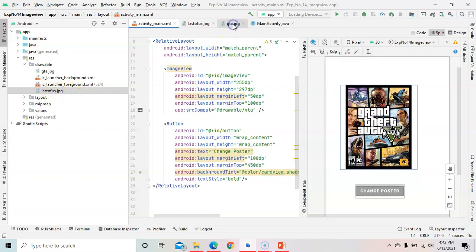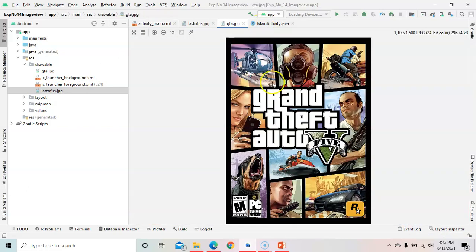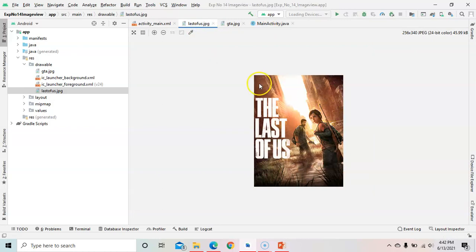So this is my first image, which is currently showing in the design, and this is my second image. When I click on the button, that second image will get displayed.